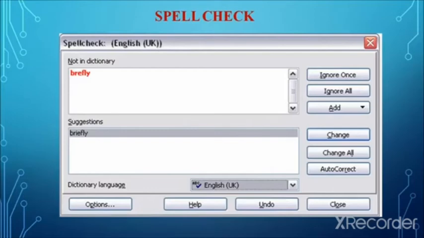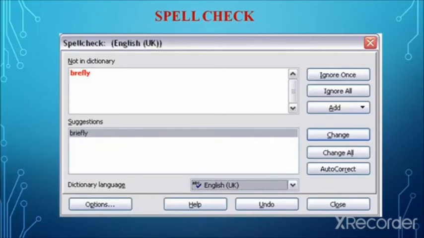Some of the features of the spell checking tool: we have to right click the word with the wavy red line, where the context menu will appear. We can select the correct word from the suggested words. It will give some suggestions, these are the possibilities which you can try.